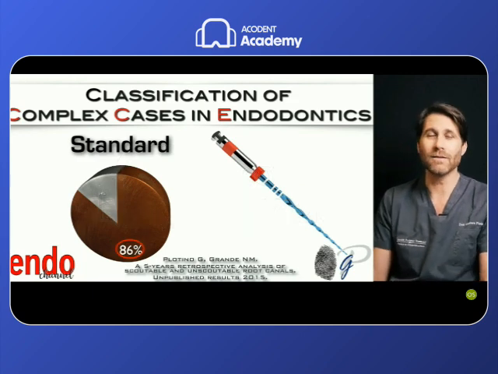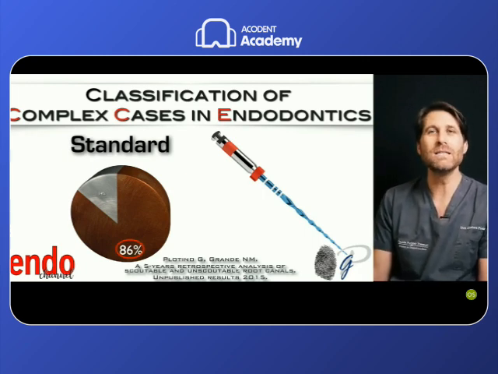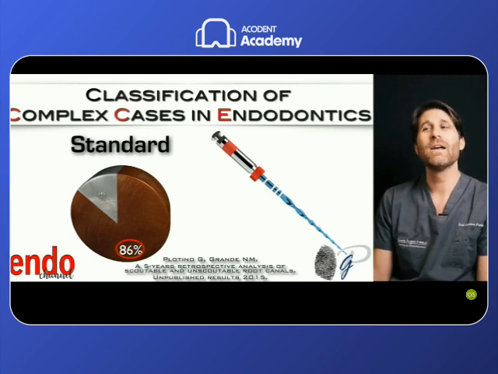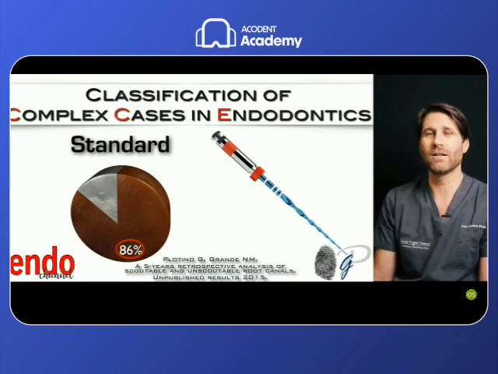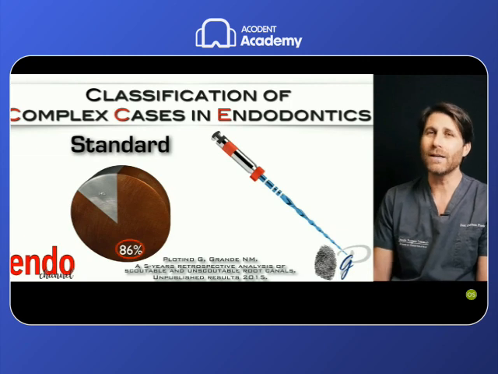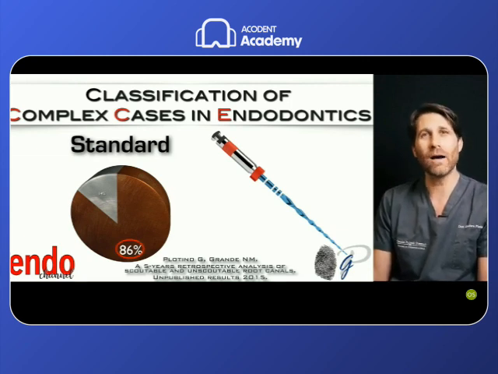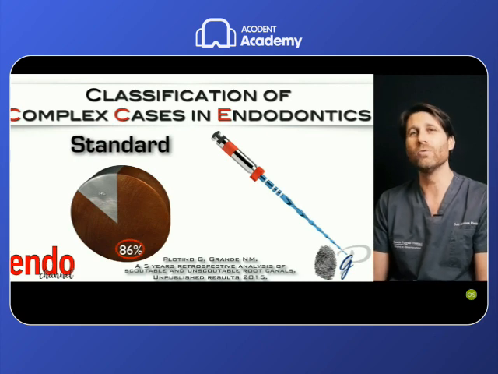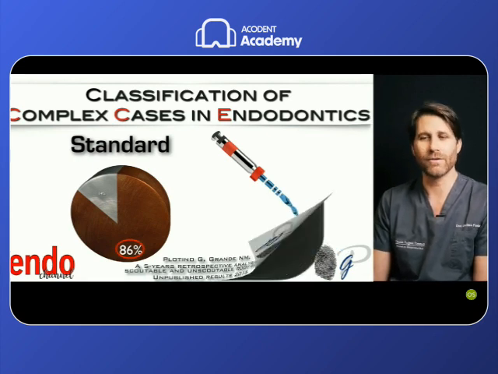Or if we trust in this technique, we can start directly following the manufacturer instructions by using this instrument for the coronal and middle third scouting, glide path, and root canal preparation directly with the Reciproc Blue file, and then pass through an apical scouting as the manufacturer instructs with the stainless steel 10 file, and then use the instrument also in the apical third.